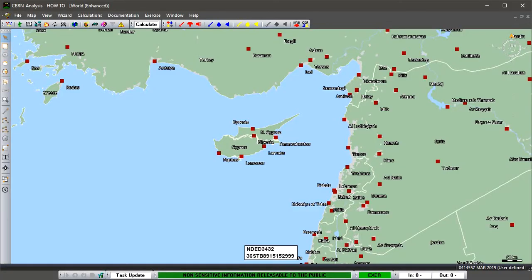What we're going to do is add a map sheet onto this background map, and the background map is the World Enhanced Map. So it's one of the 4 maps that you can get inside CBRN-Analysis when it is initially installed onto your laptop or PC. So the World Enhanced Map is open, and we're going to add a single map sheet on top of this